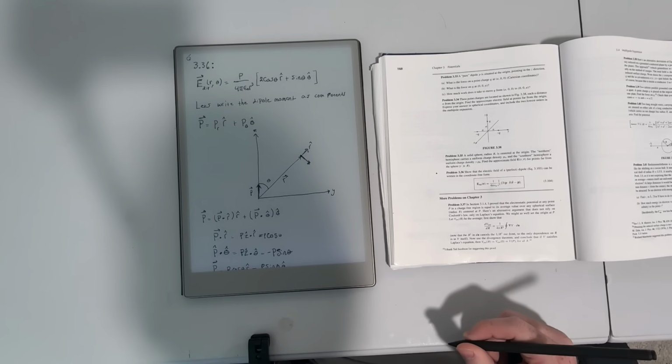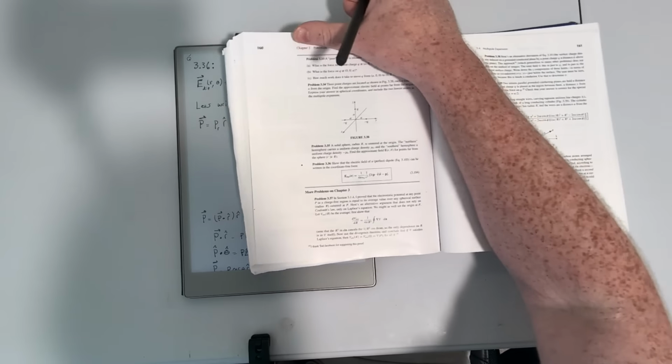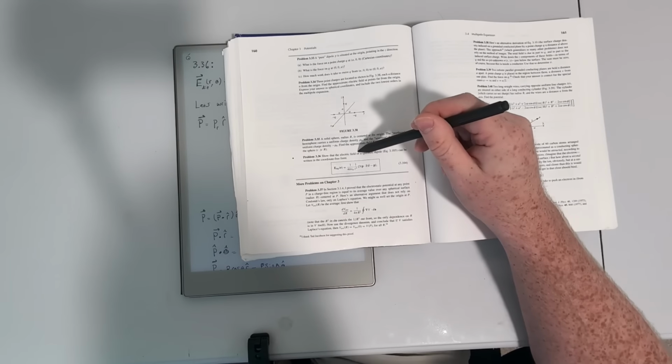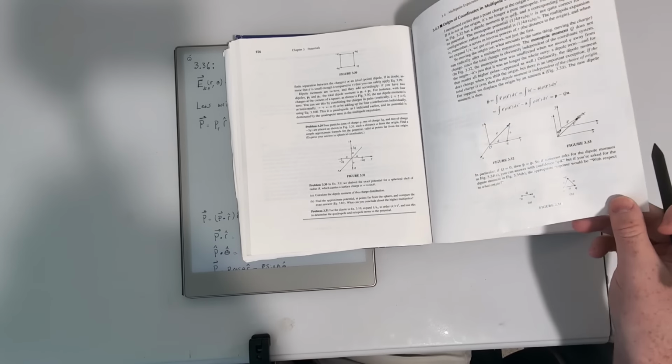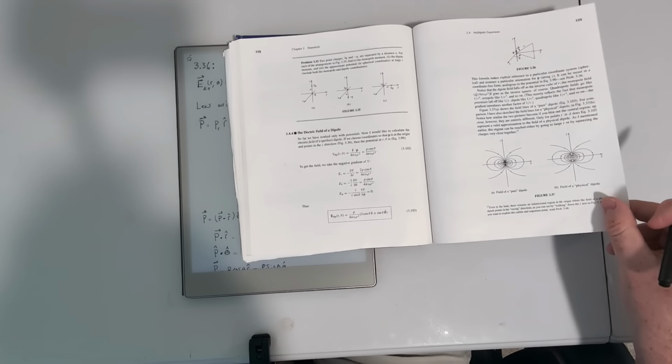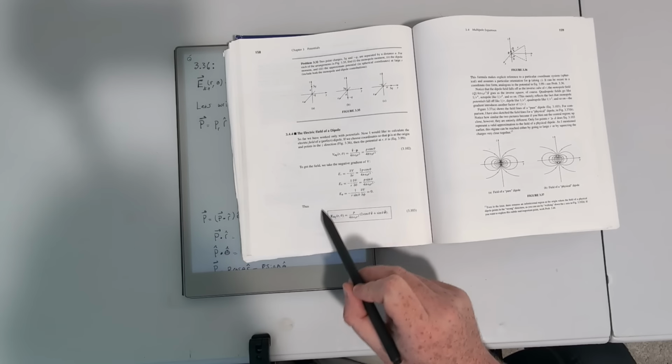This is problem 3.36. From the book, it says: show that the electric field of a perfect dipole, given by equation 3.103, which is found somewhere, this equation here,